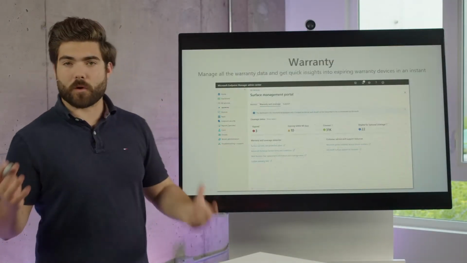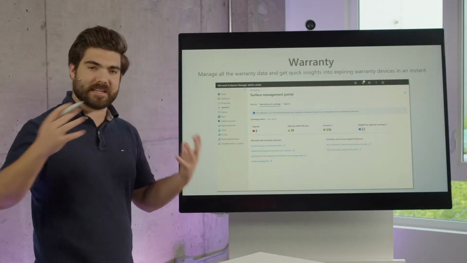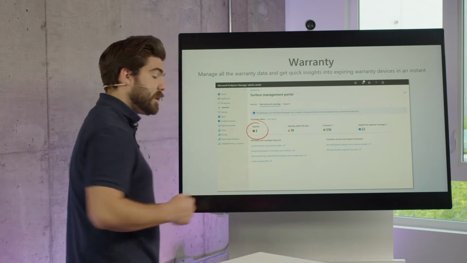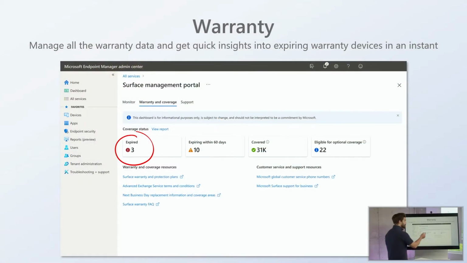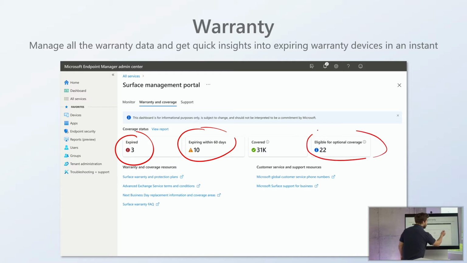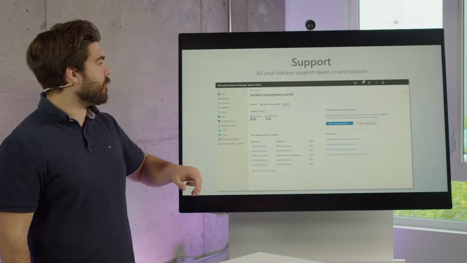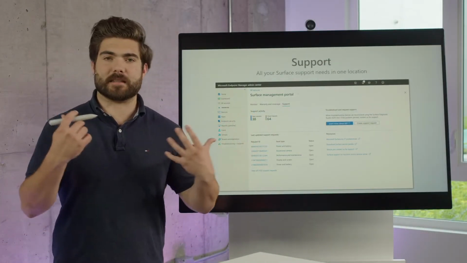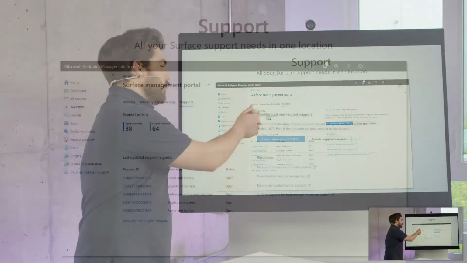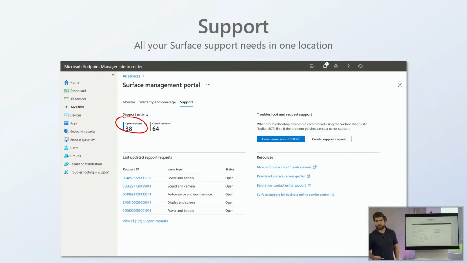You can view its warranty status, as I already mentioned, so IT individuals can see that we have 3 devices within our organization with expired warranties and 10 that are ready to expire within 60 days. Additionally, there are 22 devices eligible for optional coverage. Just again, multiple tiers within this system. Finally, we'll hop over here and look at support. As I mentioned, you can see the support ticket requests. So you have 38 open requests, 38 people within your organization having an IT-related issue with their device,